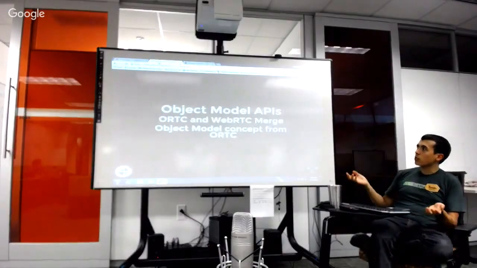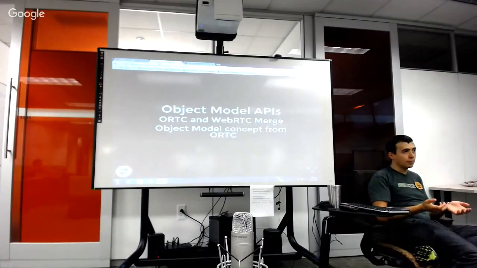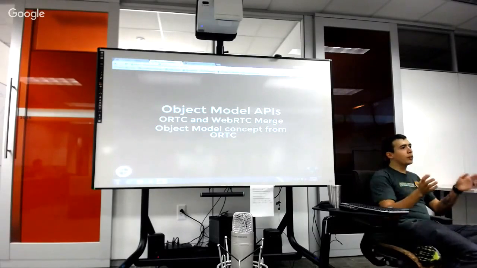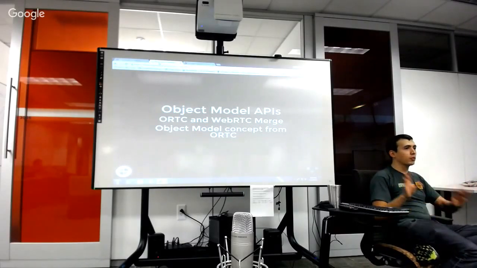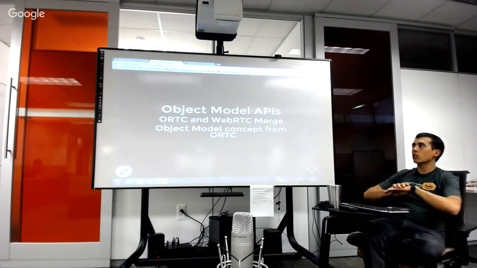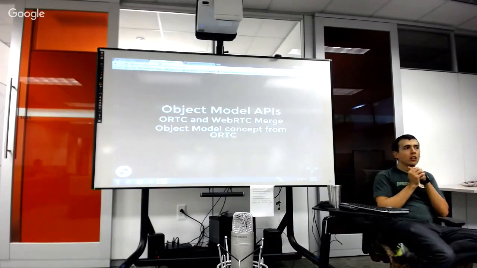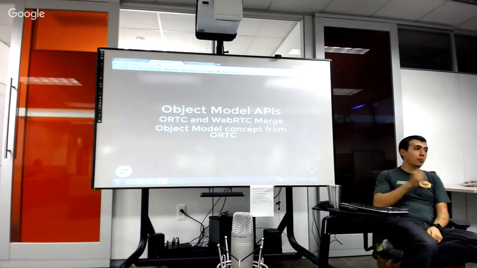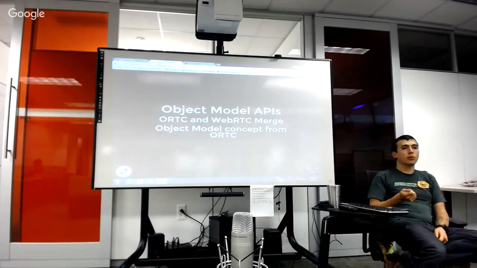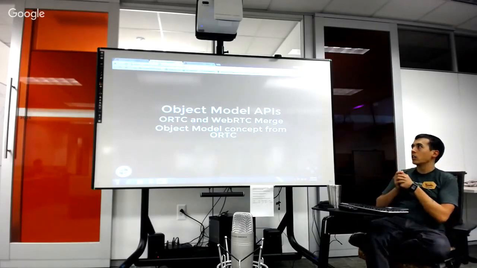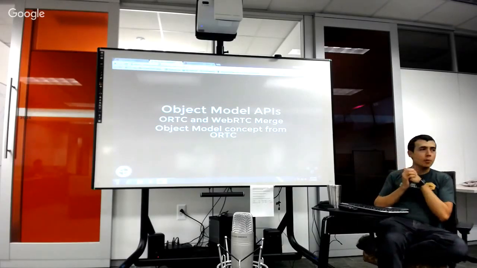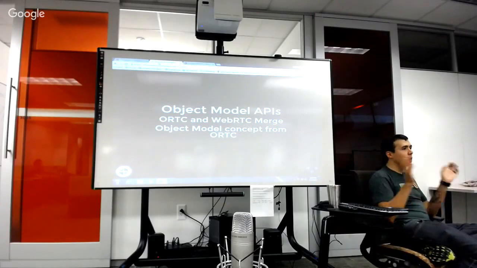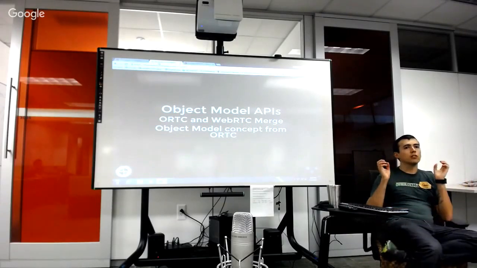So what's coming next is object model APIs. And feel free to interrupt with questions anytime. If I'm going too fast, let me know. So object model APIs is what ORTC stands for, Object Real-Time Communication, as opposed to Web Real-Time Communication. And they're going to merge. So they won't be separate. They will be together.